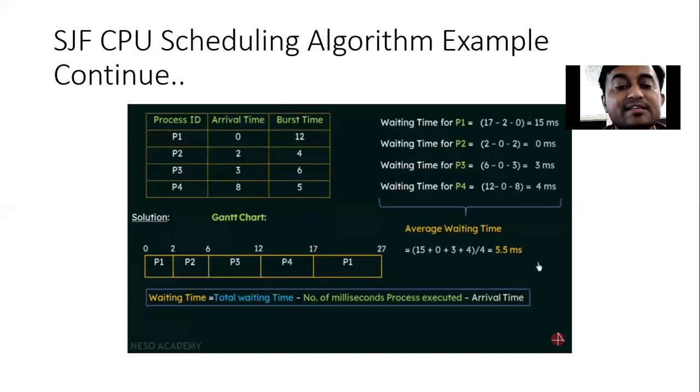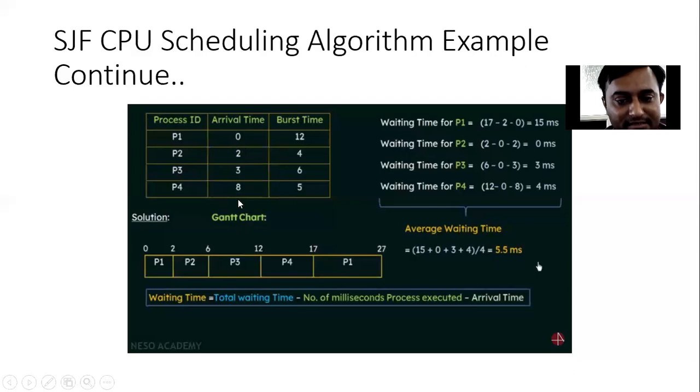If there is no process available in the ready queue, there is no point of discussion to schedule the process for execution. Okay, so before scheduling the process for execution, the process should be there in the ready queue. And how can we come to know whether the process is available in the ready queue or not? Based on this arrival time. So the arrival time of different processes is different in this case.